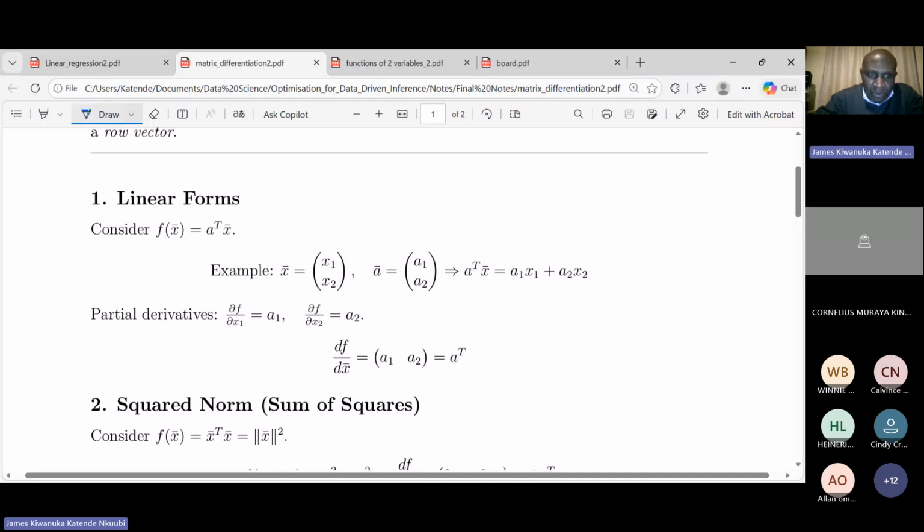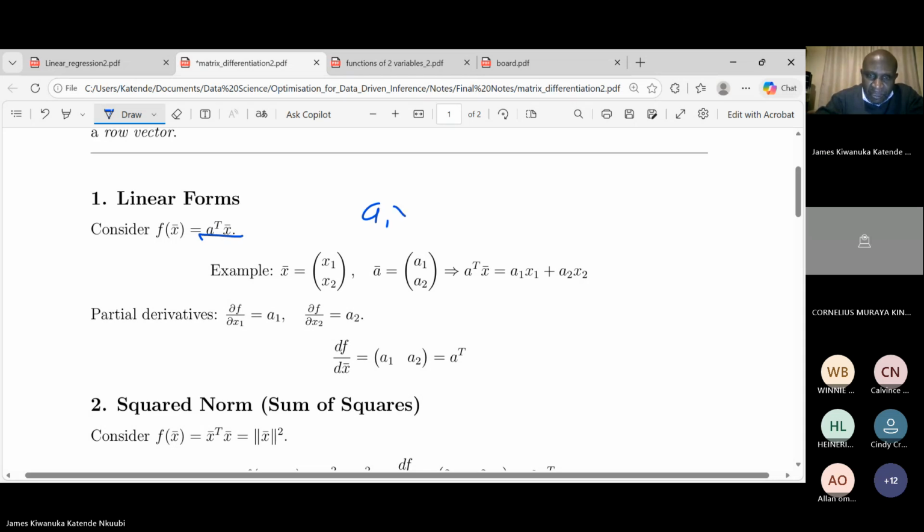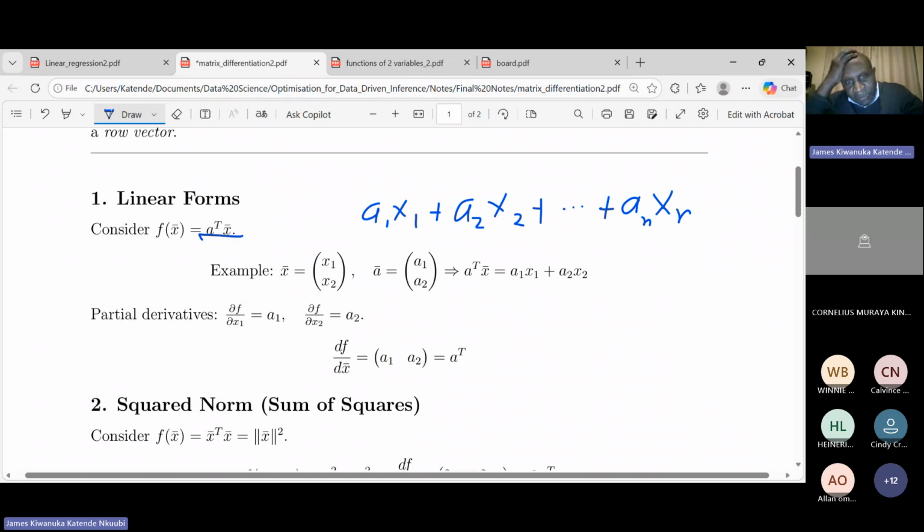So suppose you have a function. This function would look something like this: a1 x1 plus a2 x2. I think it can go as far as you wish. Maybe we stop at the nth variable. So this can be written as,